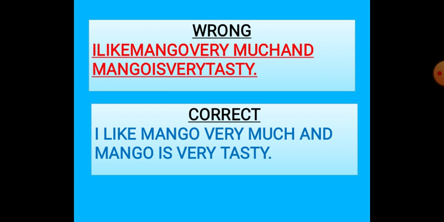There is no space. So to write in a correct way we have to give space between each word, and for this purpose which key will we use? We will use spacebar key. Suppose first we write I, after that we will not press L. First we will press spacebar key and then we will press L, I, K, E, and like that we will use spacebar keys and also we will use alphabet keys.